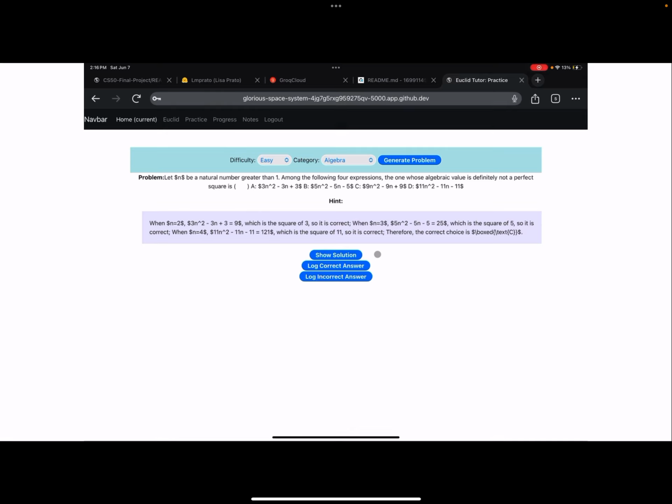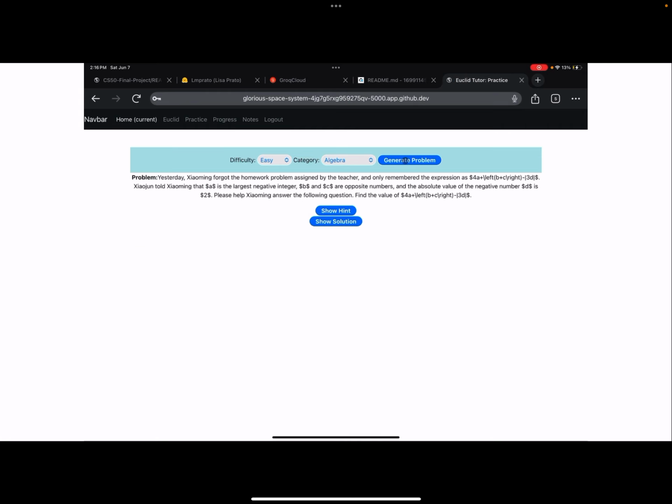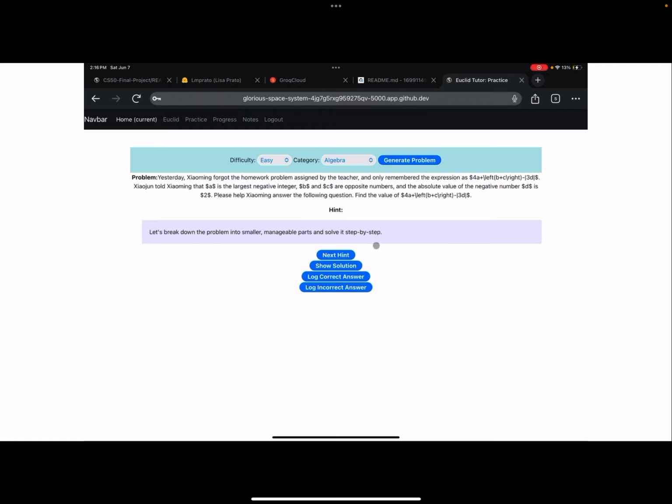And this particular problem looks like it has just one hint. So if we show the solution, it's going to be the same hint. So let's generate another problem to see how multiple hints work. So we'll pull up a new algebra question using our Generate Problem button. We'll show a hint, and this time there are multiple hints, so we can choose to see the next hint,